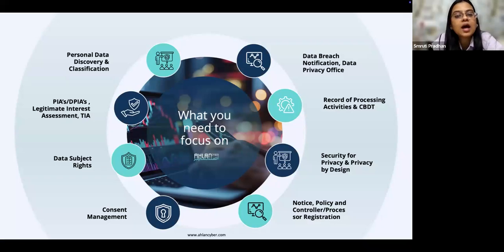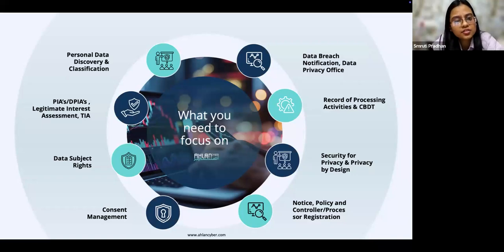Now, what determines large scale processing of personal data? Let's look into that. Today, if you are an organization operating in multiple jurisdictions and multiple business operations, a heavily B2C kind of company, then you know that the personal data entering your environment is massive. In those cases, you really need a governance structure that can implement and oversee the whole program. And that is where a DPO is also required.